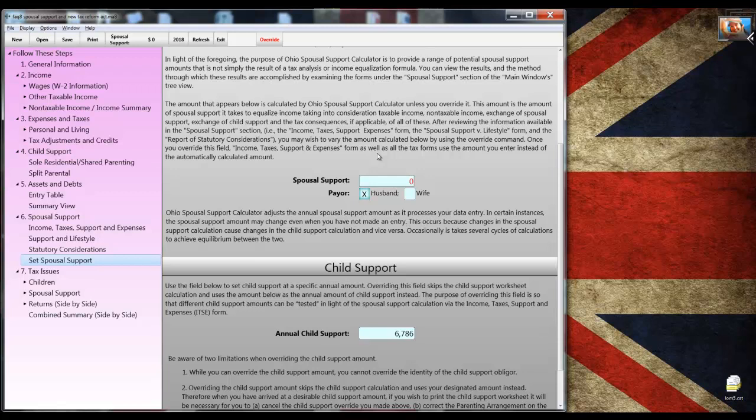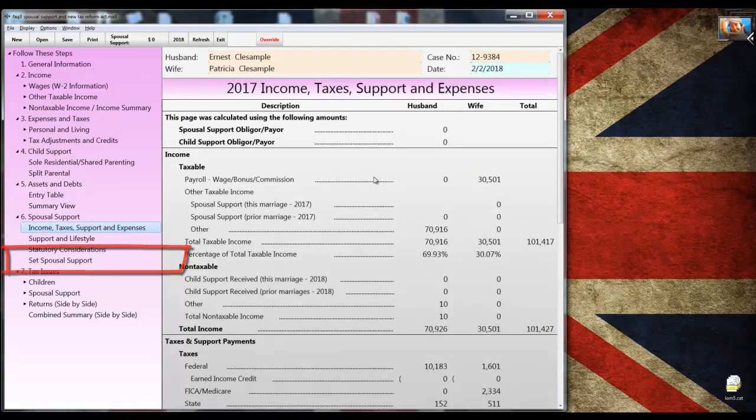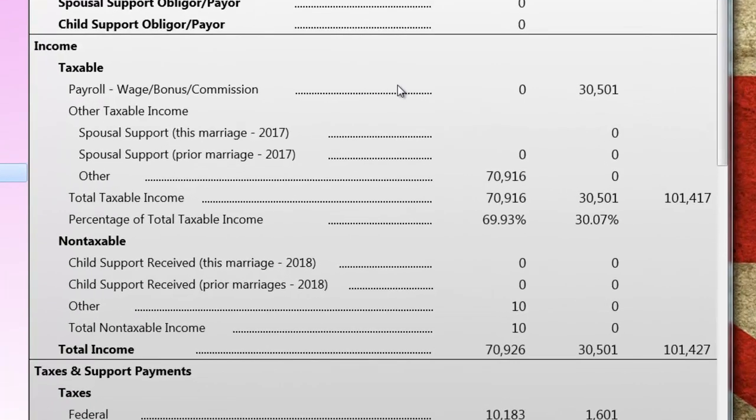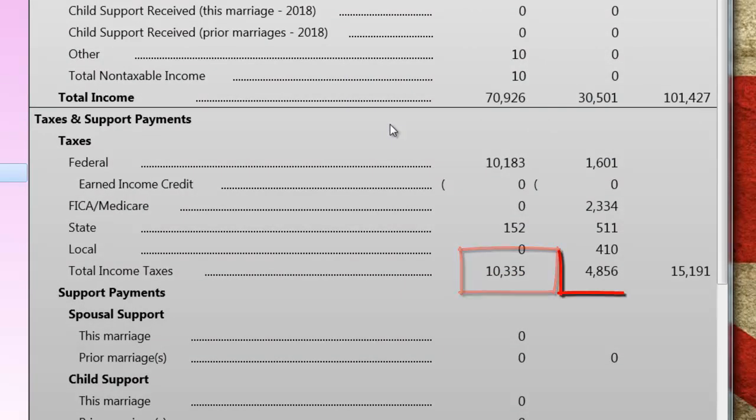$70,916. Now, I'm going to go to the Income Taxes, Support, and Expenses form, the one we call ITSE form for short, and that allows us to see a summary of what's happening when we apply pre-2018 tax law. What we see is that the party's difference in income is about $40,000. Well, that's $70,000 minus $30,000. I'll scroll down a bit so you can see that husband's total taxes come to $10,335 and the wife's